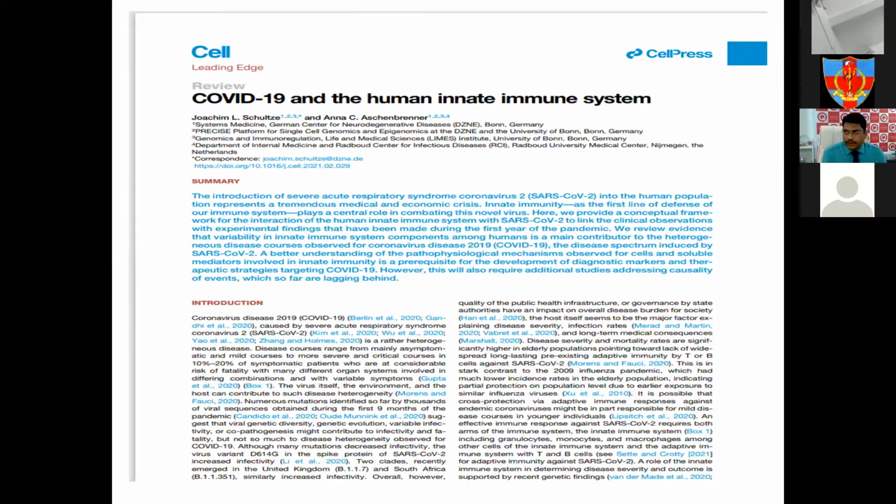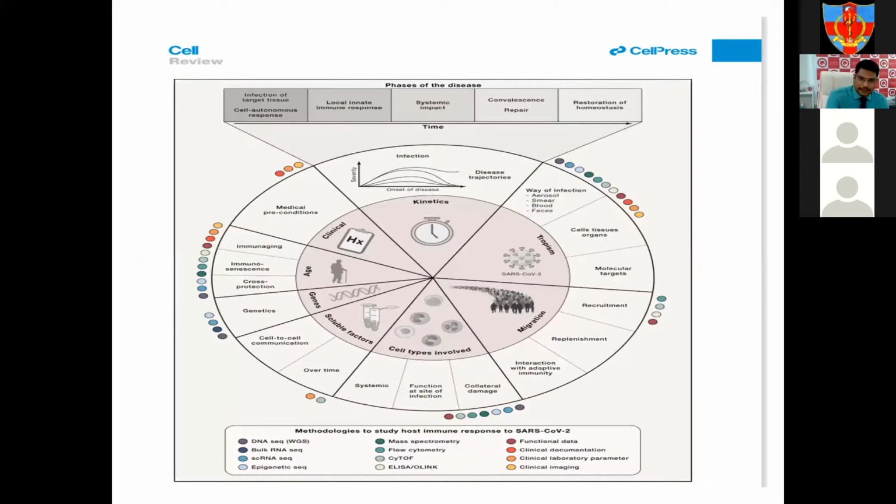Once you read this article, it tells us what exactly is happening. Though the virus takes entry into the lung, the maximum damage it does is to the immunological system. This is a schematic diagram which explains what is done in this particular article, right from the point of entry of the virus by its spike proteins binding to the ACE2 receptor protein and getting internalized, and then activating the cytokine storm. All that was studied with different tools, and they have come out with very interesting points.